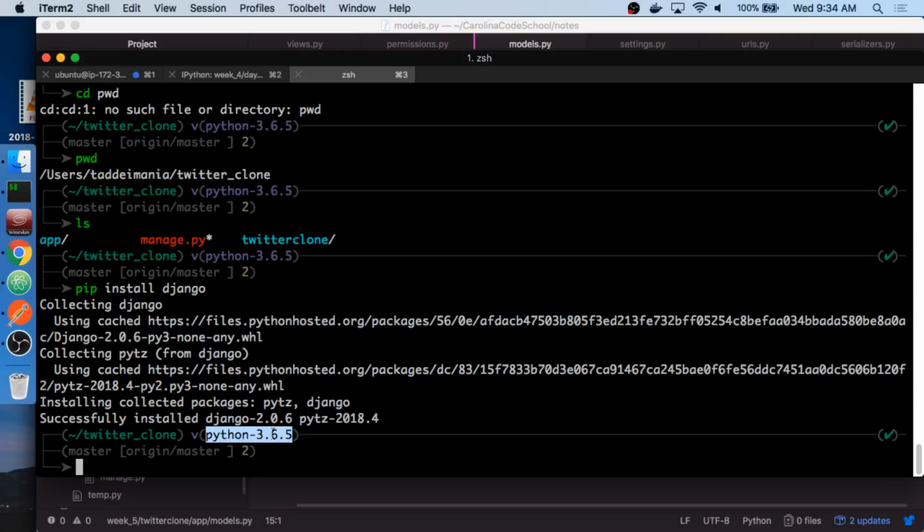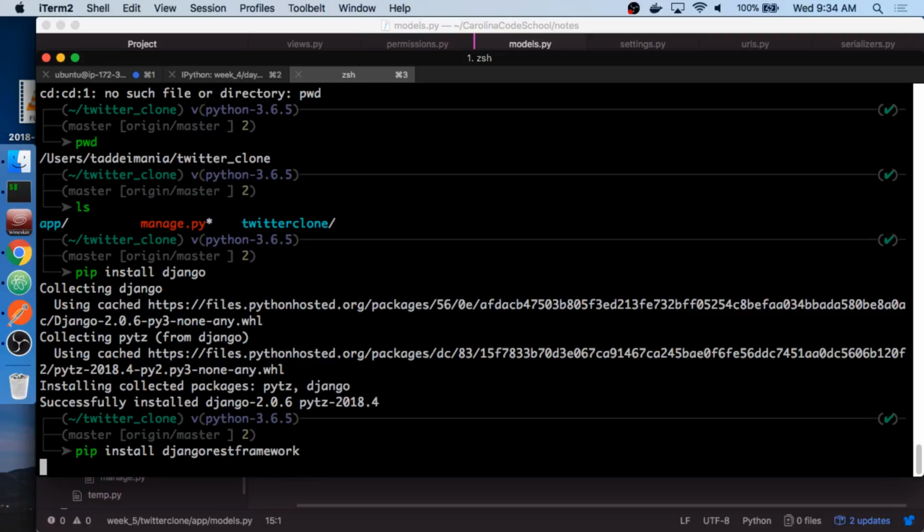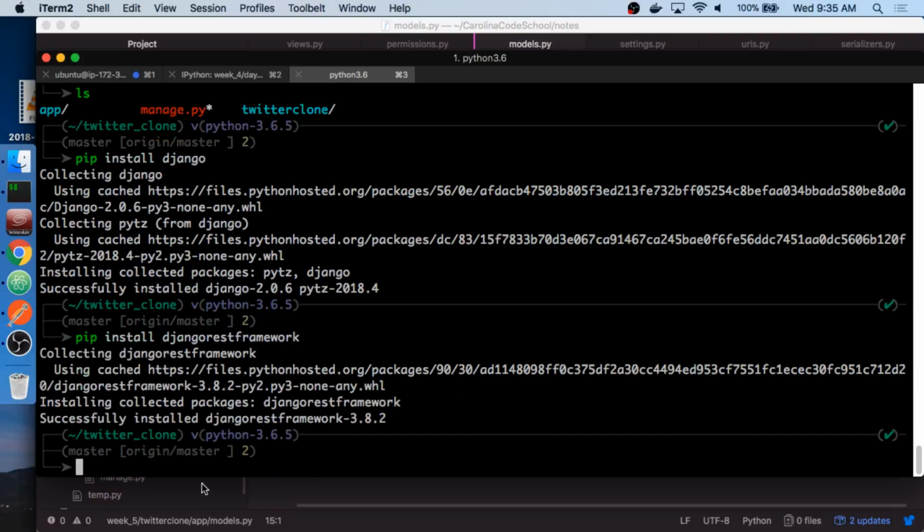All right, so is that all done? Okay, so now we're also going to pip install Django REST framework, all one word. And then we're going to install, so let me know when that gets done installing for you.